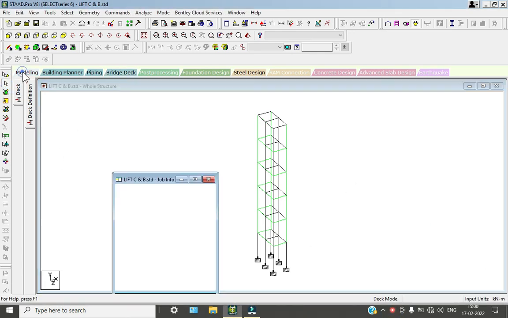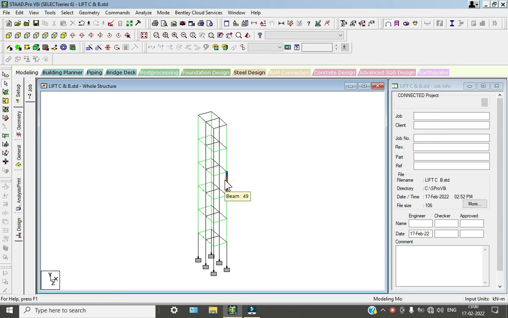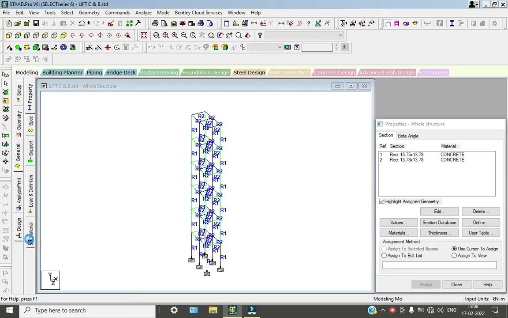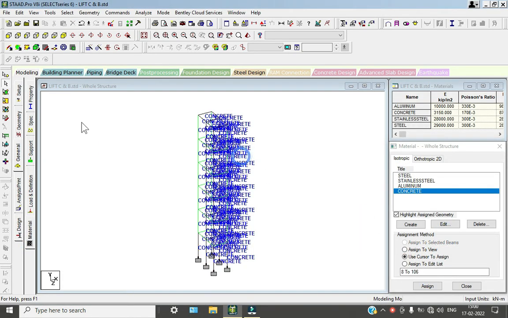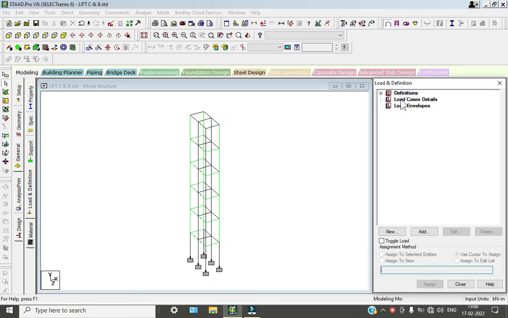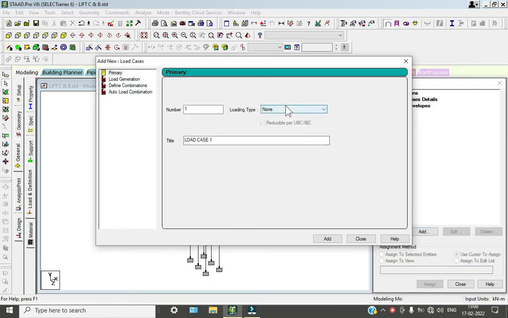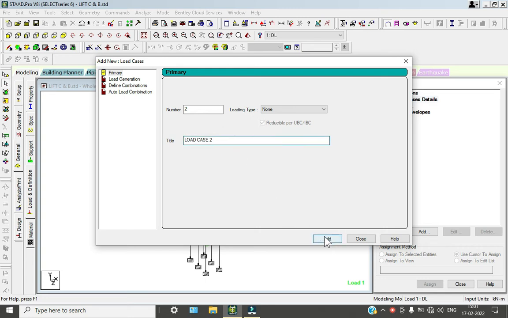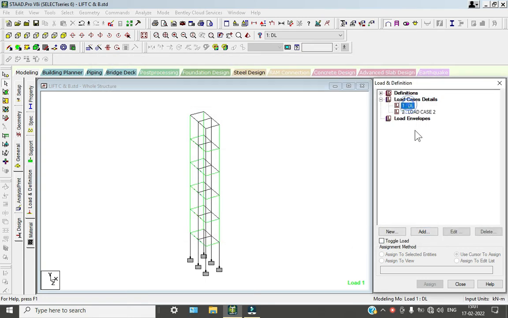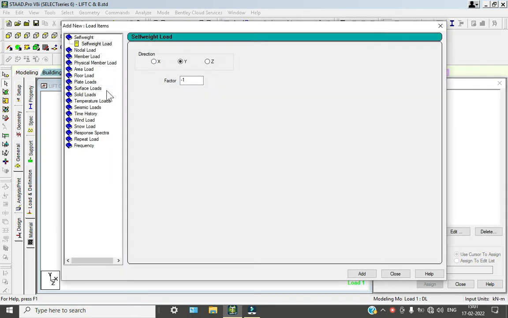Now again we'll go to our modeling. Go to general and click on material, select the concrete, assign to view, assign and yes. So it has assigned, right? Now go to load combinations, click on load, add, go to the dead load, give it as dead load, and we will take the none cases. In the dead load, go to add and add the self weight and go to member load, take the